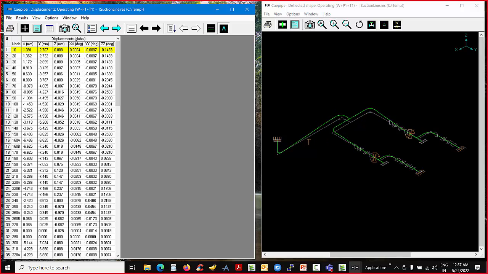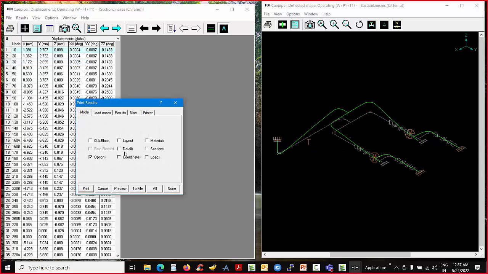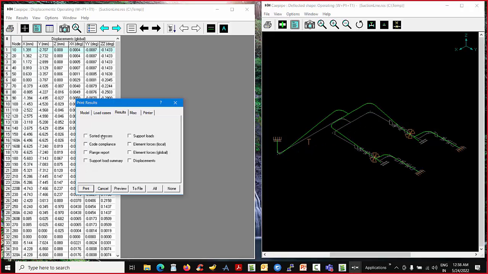Both you can see. Now, let's say you want to generate a detailed stress report to present to your client. You can go here. You can print. You can select whatever information you would like to include in a stress report in terms of QA block, options, layout, details, what materials are used, section, loads, and what are the load combinations that you would like to present in terms of analysis, like operating 1, sustain, and say seismic. Then the results, what are the ones you want to include? Let's say you want to include these,